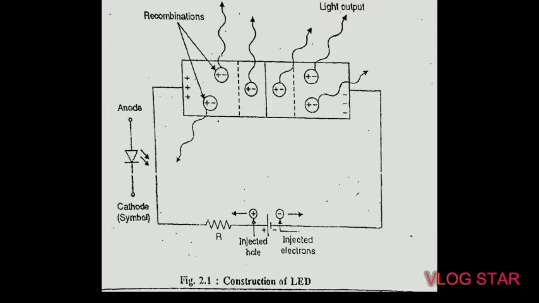So here we have to make the forward bias mode, that is, the P terminal of the semiconductor material gets connected to the positive terminal of the battery, and the N region of that semiconductor is connected to the negative terminal of the battery. And in reverse bias mode, these polarities are just reversed. That is, the positive part is connected to the negative and the negative part is connected to the positive. But here remember we have to make the forward bias connection.